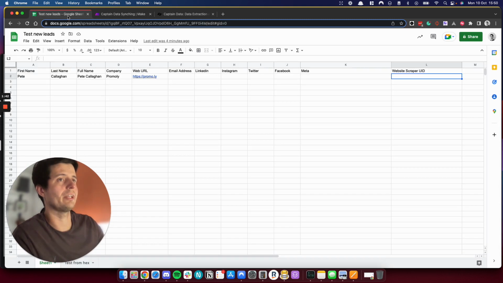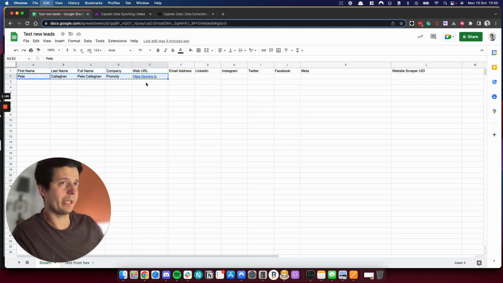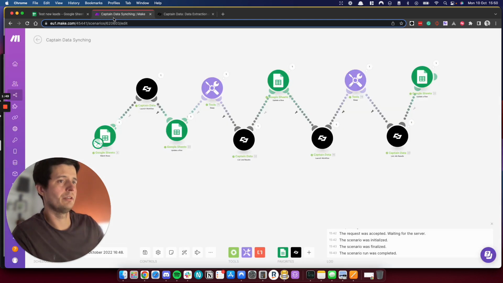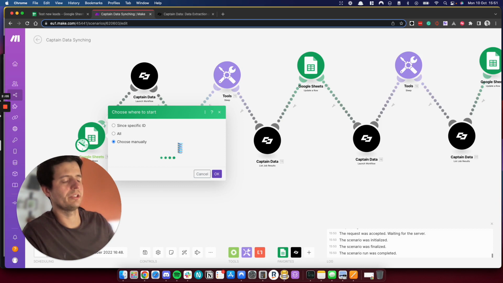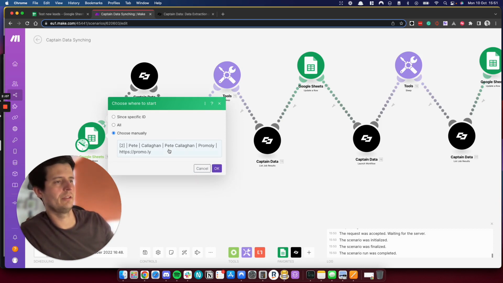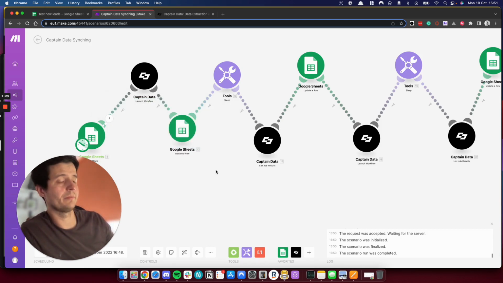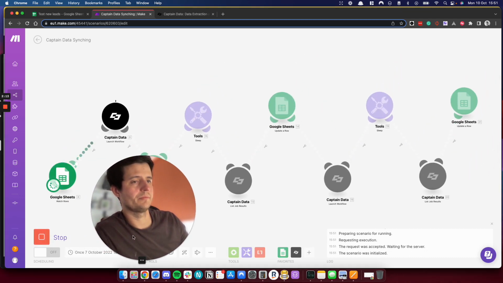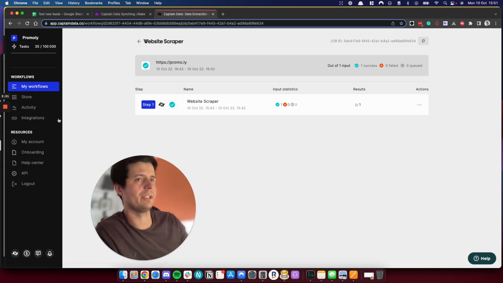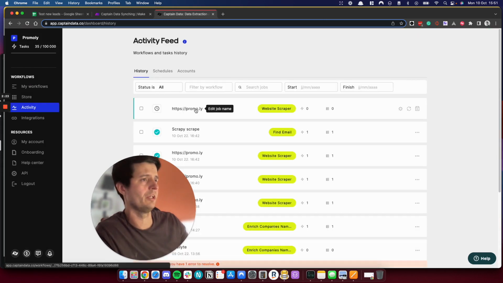So it works like this. If I paste this in here, so it's fresh, and choose where this workflow is going to start, I'm going to select myself. And then we'll press run once. And you can see here Captain Data has launched its first scrape, and now it's gone to sleep for 35 seconds. If we go in the background of Captain Data and go to activity, you can see here